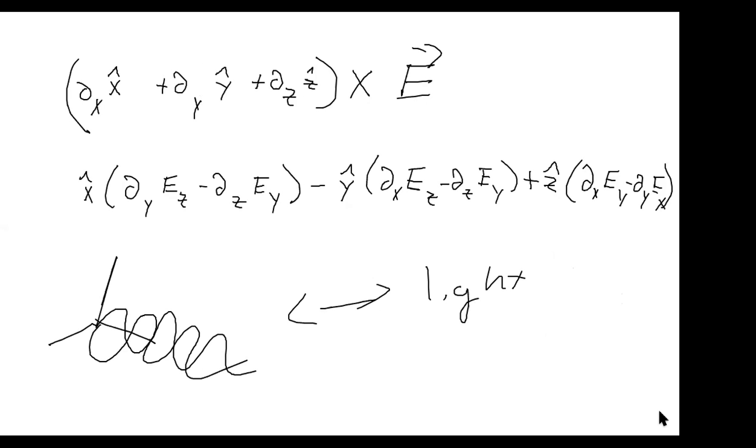I'm over time, but one last thing I want to say. There is a vector called the pointing vector. Sapling actually calls it the intensity vector, and I don't know why no one else does that. The pointing vector